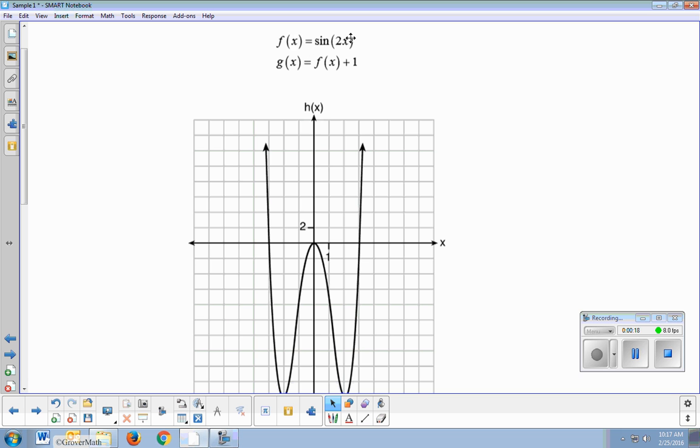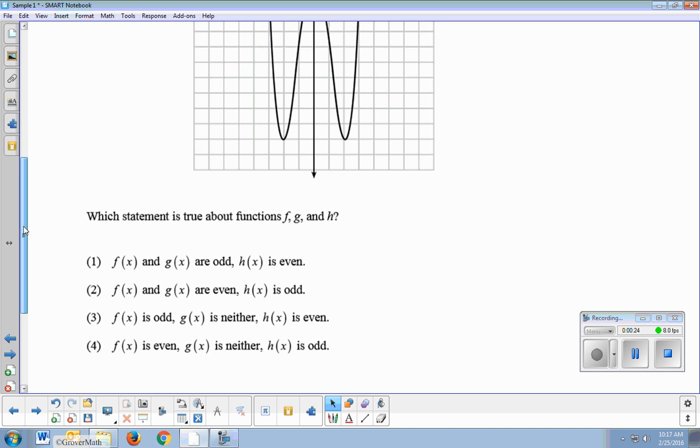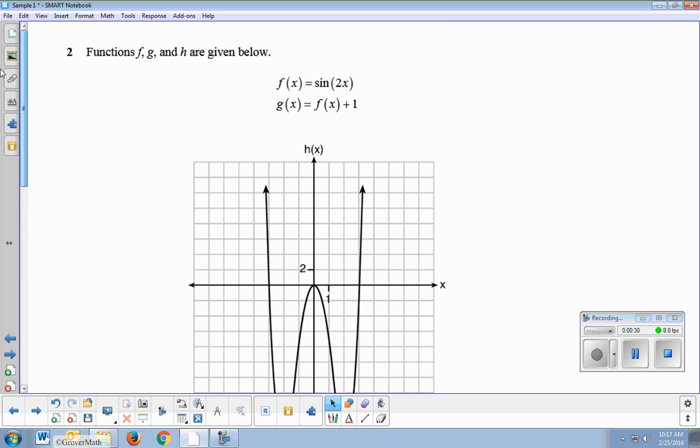The most common are with the equation, graphically, or a table of points. And they want to know what's true about these functions together, are they odd or even functions, and so on. So we really need to know pretty well the difference between an even function and an odd function. So let's review that real quick, and then we'll take a look at each of these and see what we believe they are. So an even function